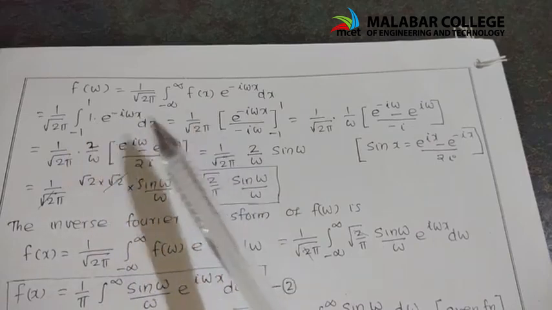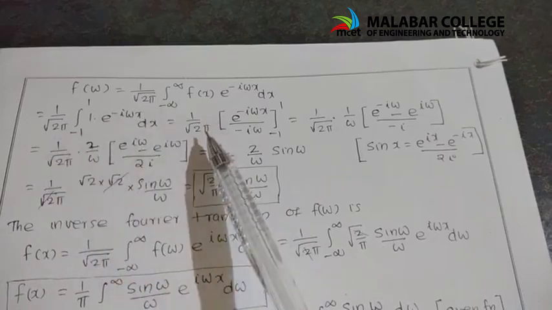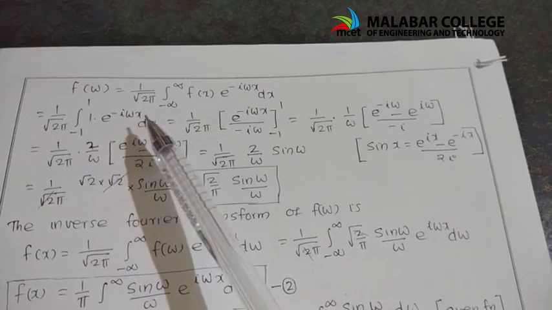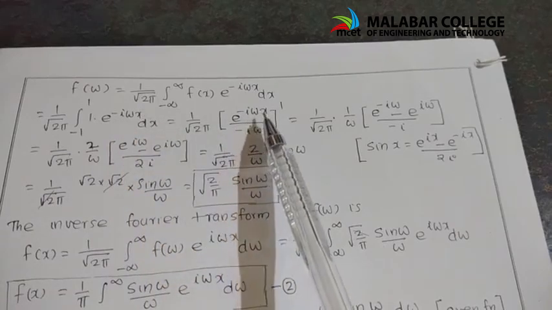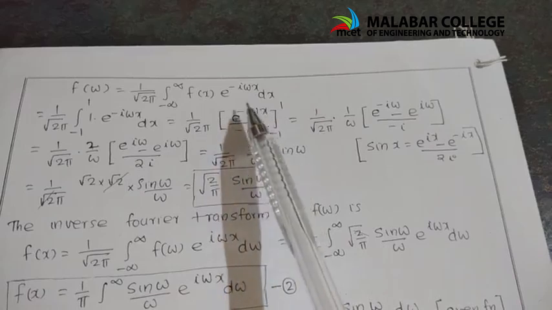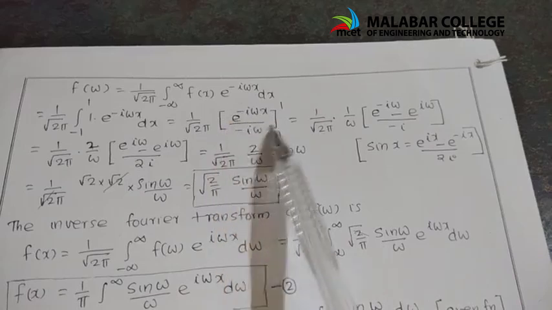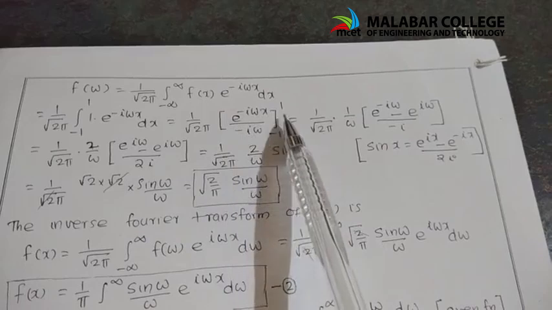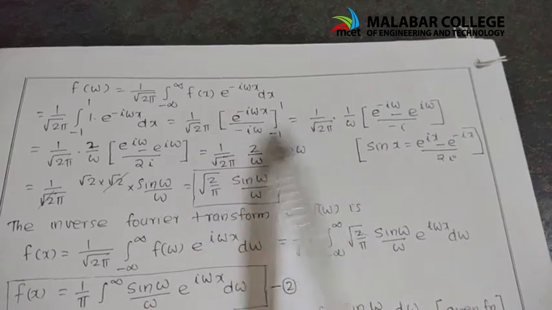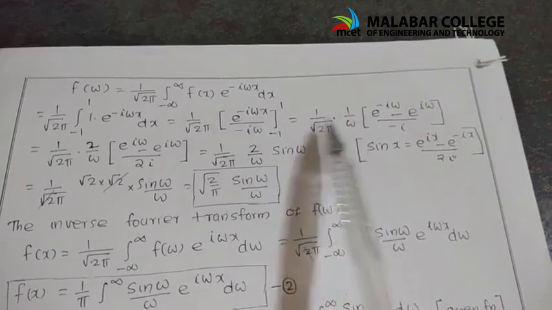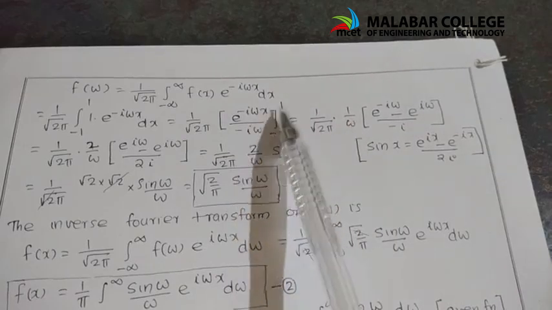So I have to integrate this function e raised to minus i omega x here. So 1 by root 2 pi is a constant, take it out, and I have to integrate e raised to minus i omega x, which is e raised to minus i omega x divided by, together with x there is minus i omega. So I have to divide by minus i omega, and the limit is from minus 1 to 1. So this one is again 1 by root 2 pi. Omega I am taking out. I have to substitute for the value of x here. X for upper limit is 1 here.